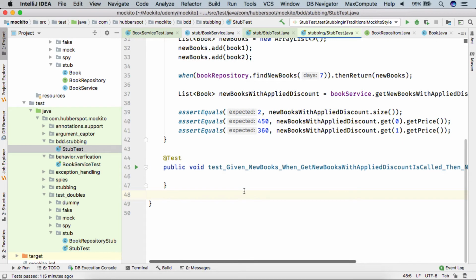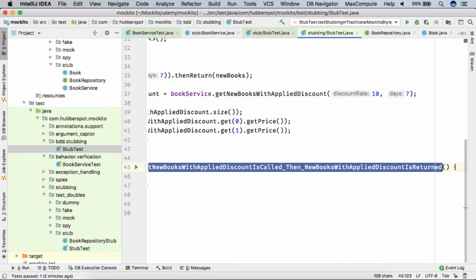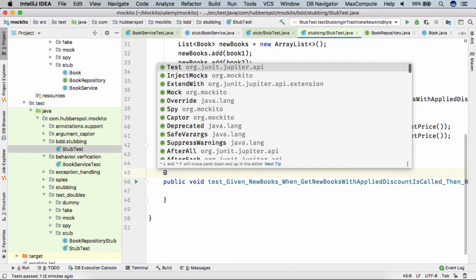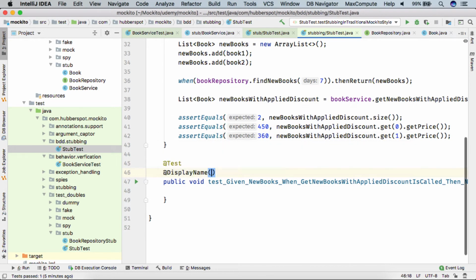And also, friends, with JUnit 5, if you don't want to provide long test names, we can give a short test name, and here we can use the @DisplayName annotation, and inside that we can simply give the text as given, something like new books.